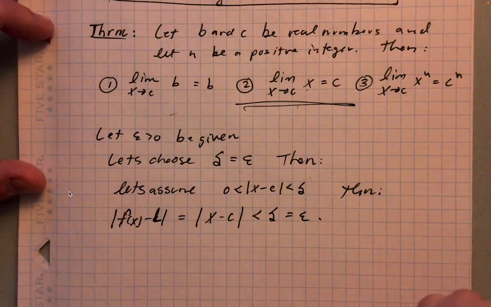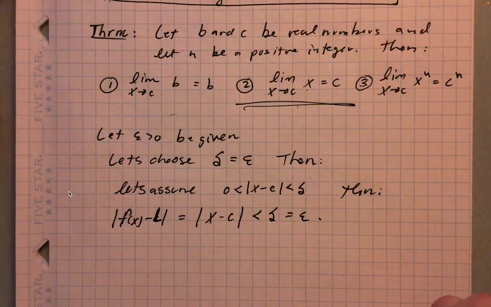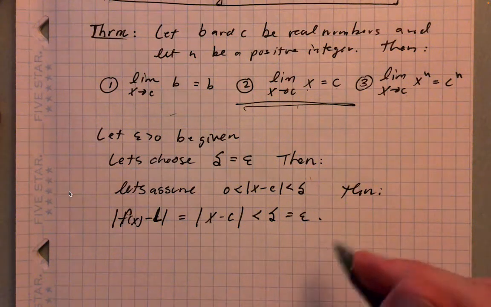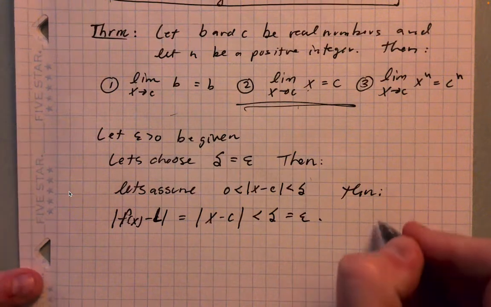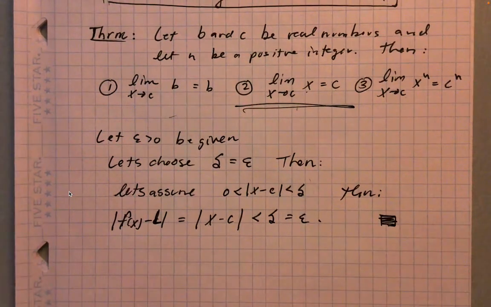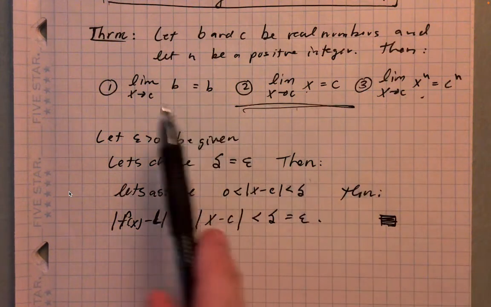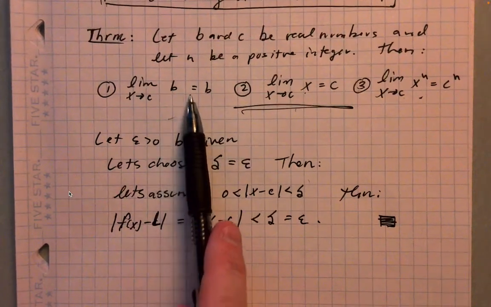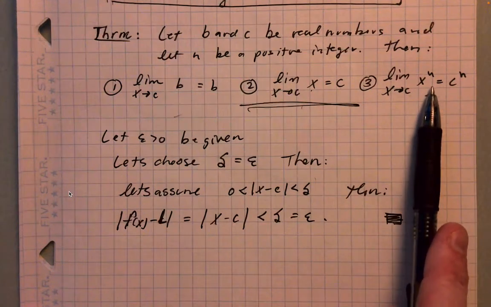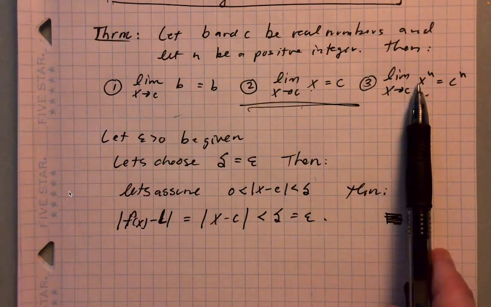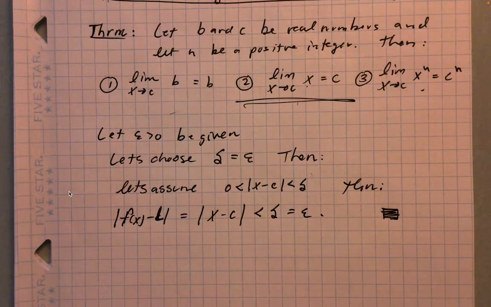So any epsilon you give me, I can find a delta, namely delta equal to epsilon, such that the value of the function and the limit are within epsilon of one another. So that's pretty clear and simple. That's about as simple as an epsilon-delta proof would ever get. Now you can do something similar for these other ones. The constant value is very trivial. This one might be a little more involved, but I would recommend giving it a try